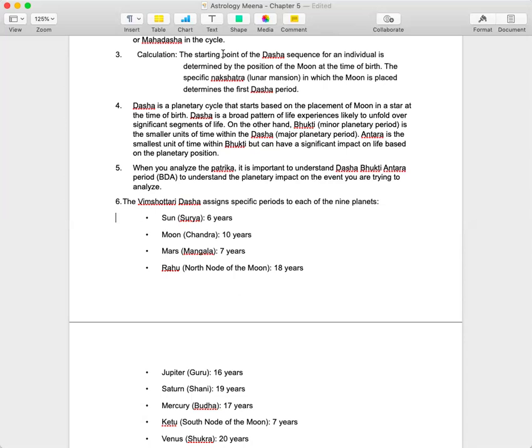You can predict a weekly forecast or daily forecast based on that, and also on how the planets are eyeing each other. More details are to come in the coming videos, but that is how you generally predict what is going to happen to somebody: which planet is sitting in which house, plus the current dasha, the current bhukti, the current antara, or the further subsection, I think it's pratyantar dasha, and you can go on dividing to further levels.